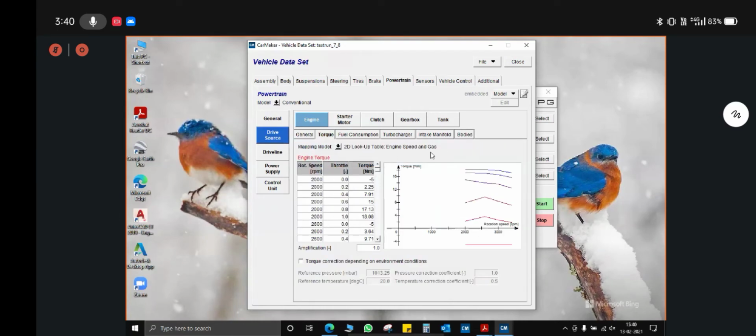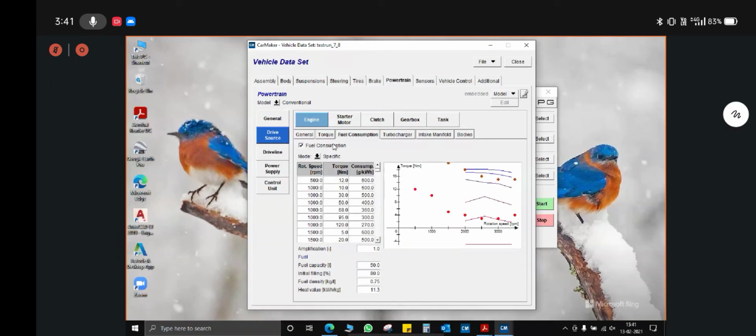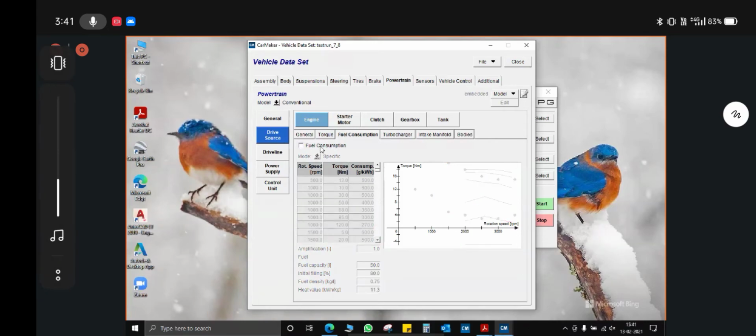Fuel consumption, you just have to select this option, and you can leave all the rest of the things as default, because if you deselect this option, then it will show an error while simulation. So just select this option. Turbocharger and intake manifold pressure, both of these things have to be kept as off. Bodies, all the Baha teams have to specify engine mass as 23. Inertia value has to be calculated depending on the individual positioning of all the components in the vehicle or individual engine positioning. Then the starter motor for Baha teams, you have to leave this as default.